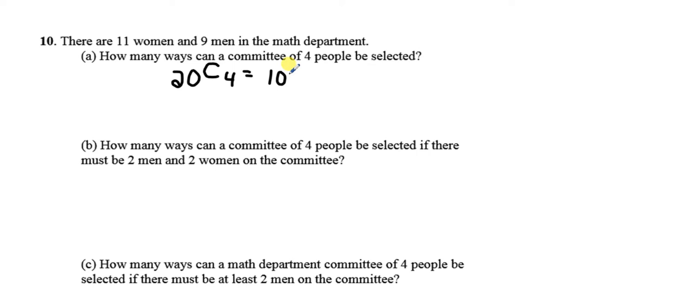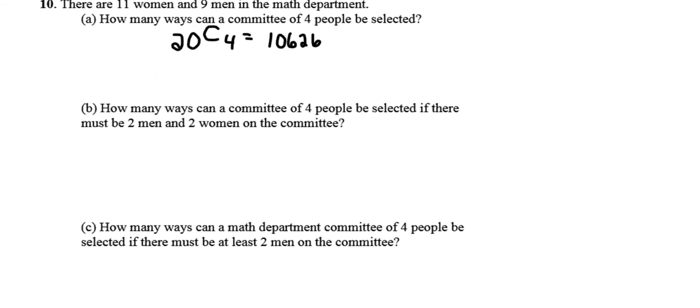$10,626. And if you skipped ahead in this video, you can go back and see how to put that in the calculator. Now, if there has to be exactly 2 men and 2 women,